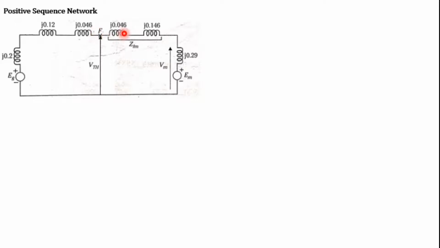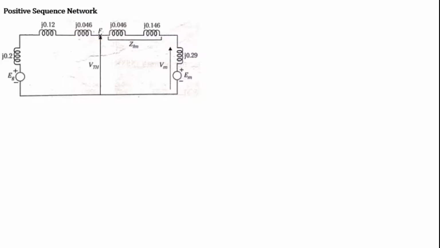Okay, we are going to divide it. Look at this, we are going to divide these values. Why? Because there is a fault which takes place at the middle of the transmission line. So what value did we get? That is 0.092. We have to divide it by 2, so you will get 0.046. Okay, this is what we got.